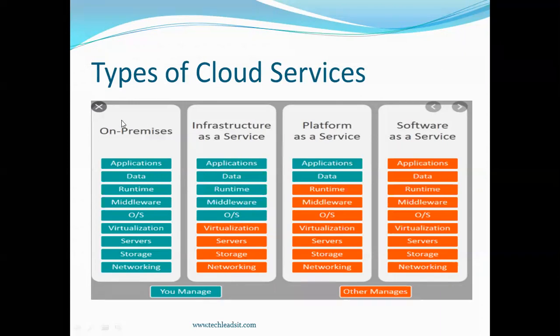And the last is on-premise. Here again we are very familiar with these services. Everything is hosted by our organization itself: applications, data, server, storage, networking, operating system, everything. Oracle just provides an application and support. That's it in the on-premise model. Okay, this is how we have various cloud services in our Fusion applications.